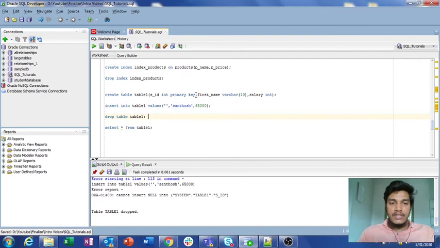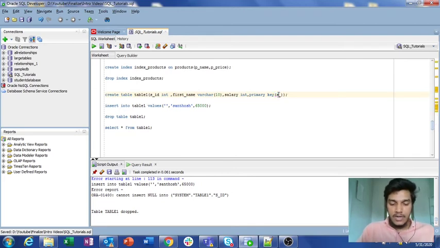We specified the constraint for the particular column just behind the column declaration. Here I don't want to declare s_id int primary key, so I am leaving that out and declaring it as a separate comma separated item. I write primary key, and whichever column you want to specify as the primary key, you specify it in the parenthesis.